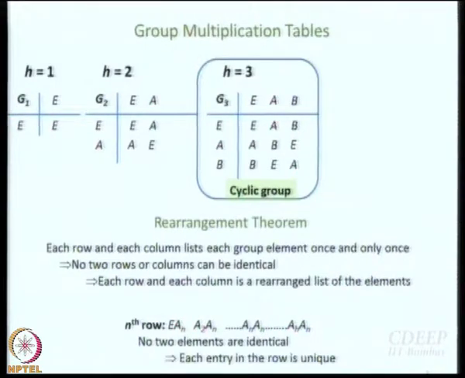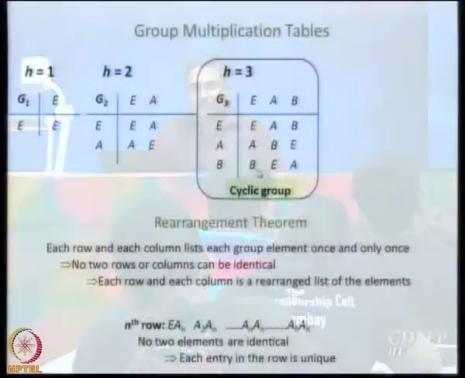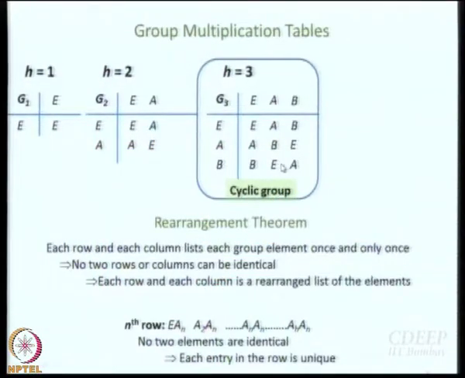C3, C3 square and E equal to C3 cube. Okay. So, the point is, if you work out the multiplication table of C3, replace A by C3 and B by C3 square, then you are going to get a multiplication table that looks like this. This will be C3, this will be C3 square, this will be C3, C3 square, C3 square, C3. That then would be the multiplication table of something like C3. Alright.